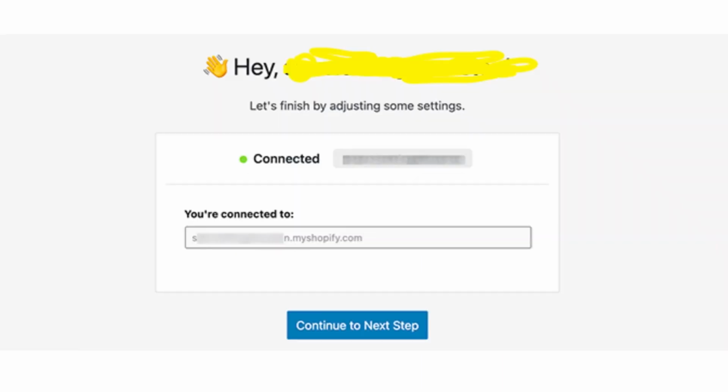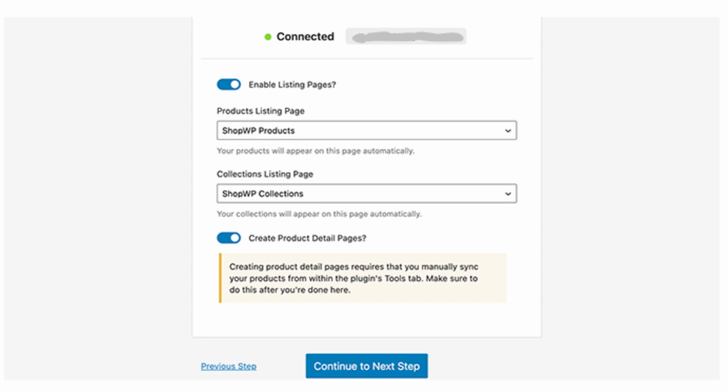Now this will take you back to your WordPress website. The plugin will confirm that your website is connected to the Shopify store. And now click on the next button to continue. Now you'll be asked to configure different settings for your store, starting with the pages you want to use for